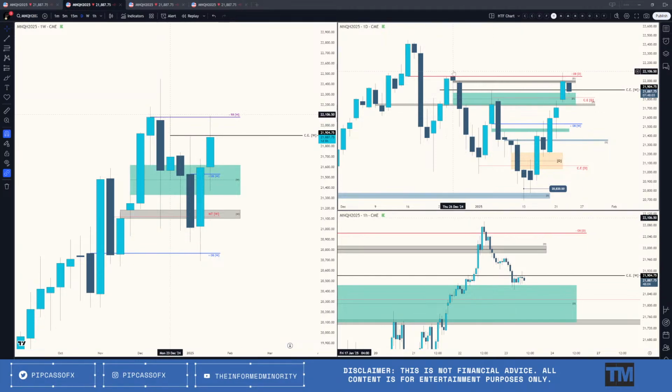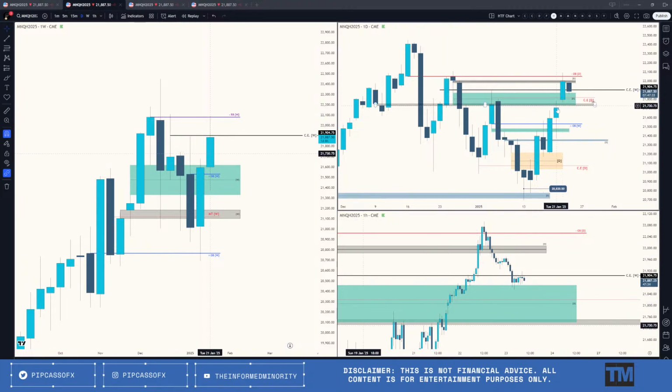I wanted to see us fail and not exactly get up there and take that out, because if we had done that and then had this reaction, I would think potentially we could go a little bit lower, which we could still end up doing today. But I'm going to be taking the assumption or belief that we could potentially still trade a little bit higher and that we'd be trading to this high. I don't know if we'll get to this high today, but it would be my target ultimately above yesterday's high. But this would be a low resistance liquidity run signature.